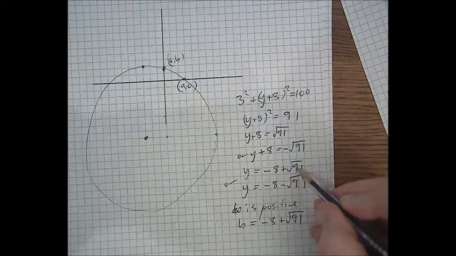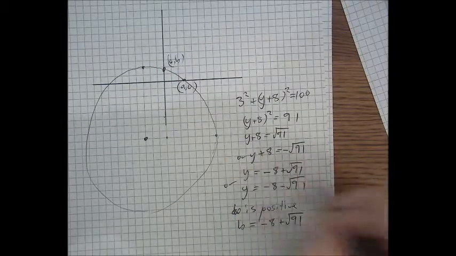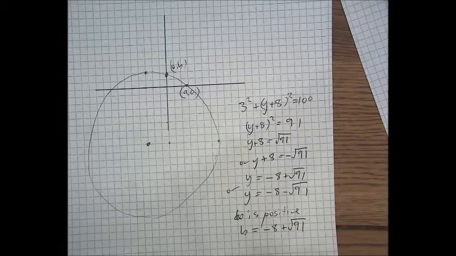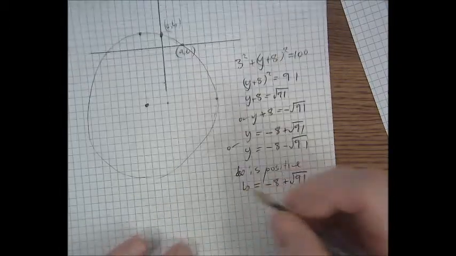If that had been a 63, then this one would not have been positive. It would have been slightly negative. Now I'm going to do the